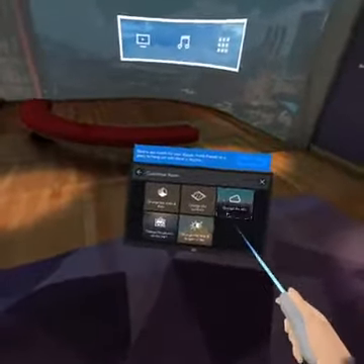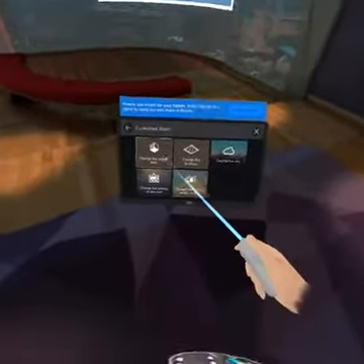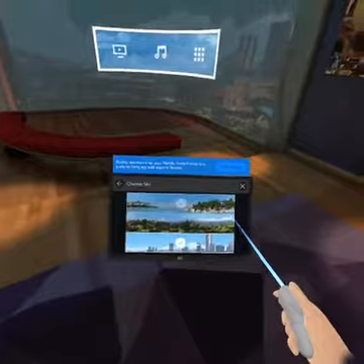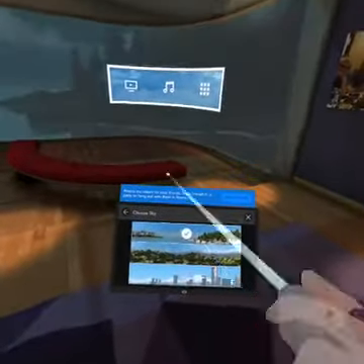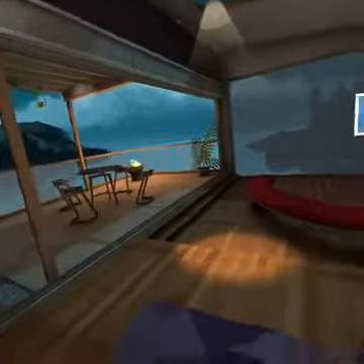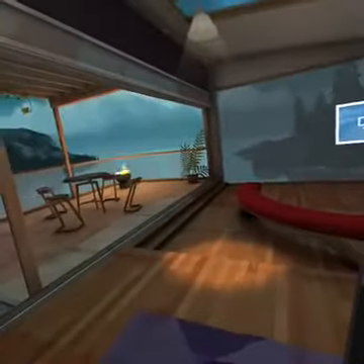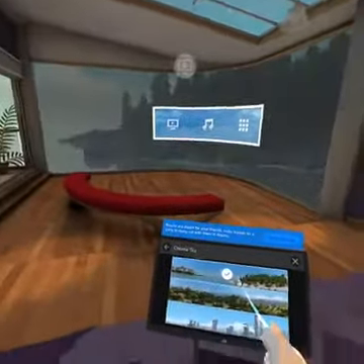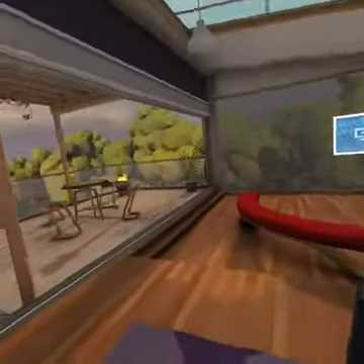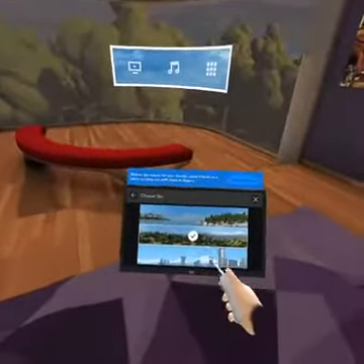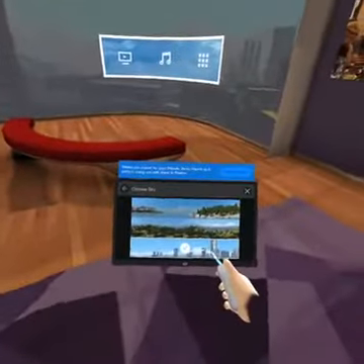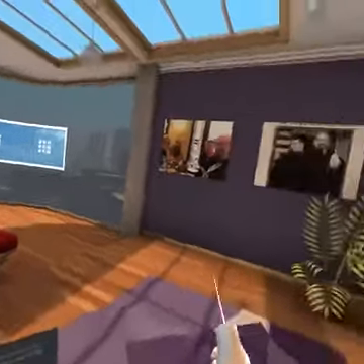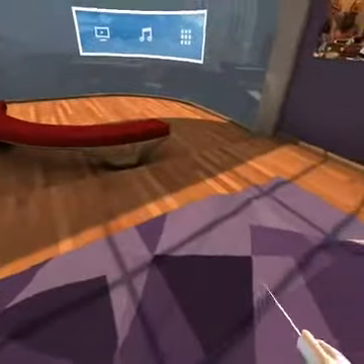Let's hit the customize. As you can see, I can change the landscape of it, the carpet. For instance, I can go from cityscape to countryscape, just like that. Look at that. Now I'm in the country. Now I'm in the city. Now I'm in the country. Now I don't know where I am. Now I'm back in the city. Isn't that cool? So change that. What just happened? Oh, I closed it out.